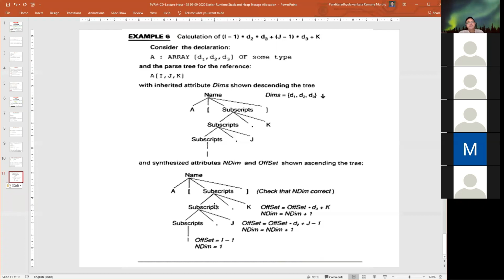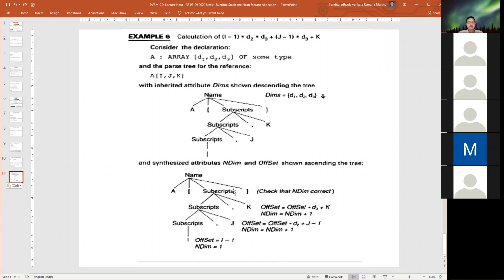If you identify from the bottom, name is the name of the array. The declaration of the array can be identified by the production with the variable name a, followed by braces. In between the braces we can have subscripts. We can identify the number of dimensions as ndim.